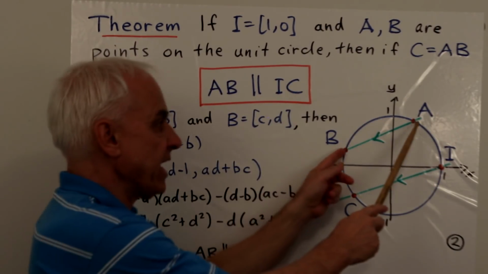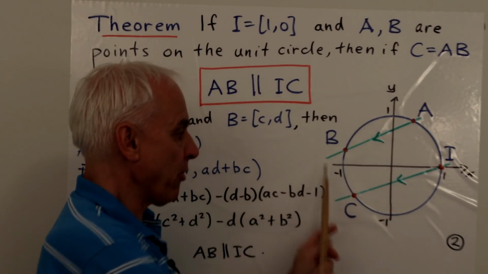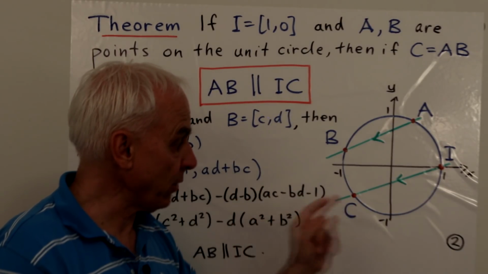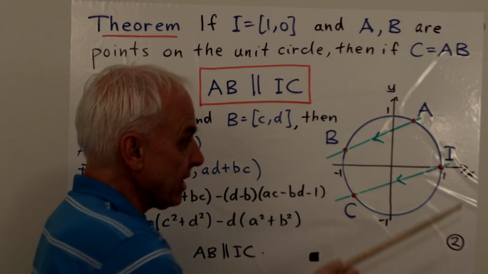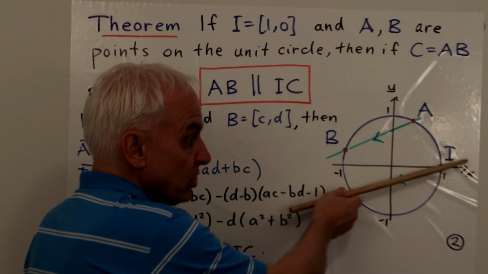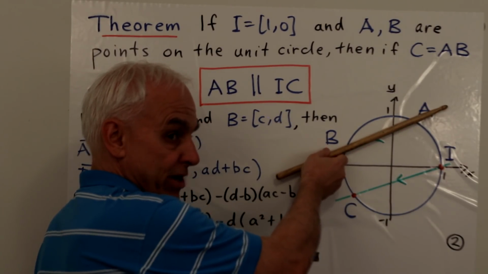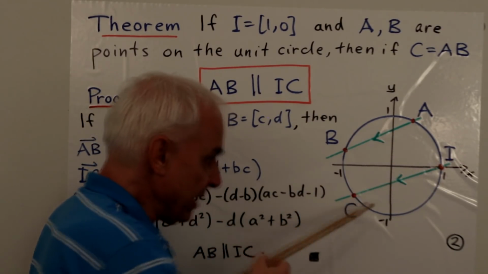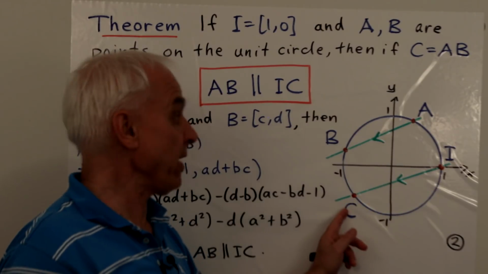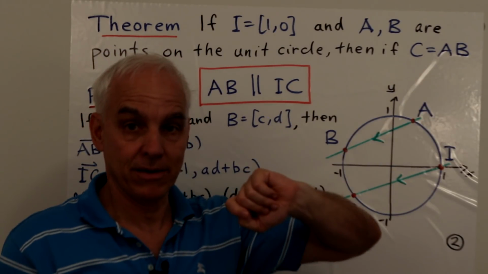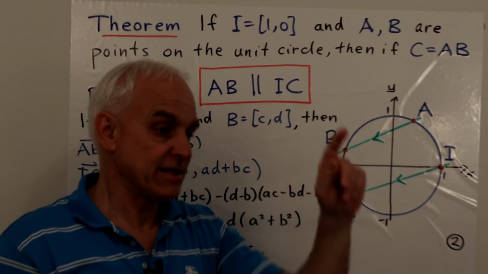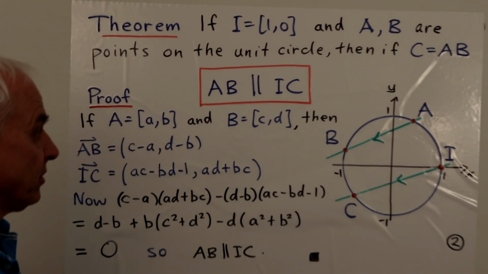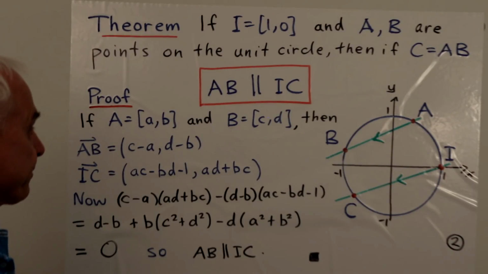So any two points, A and B, on the unit circle, and we're interested in their product. That's their product down here, C. And the theorem is telling us that we can get at this C by taking a line through I, which is parallel to AB. So we join AB with a line and make another line parallel. And where that line meets the circle in the second point, that will be the product AB. It gives us a very simple and elegant geometrical way of describing the product on the circle.